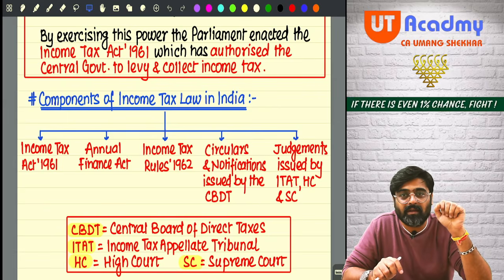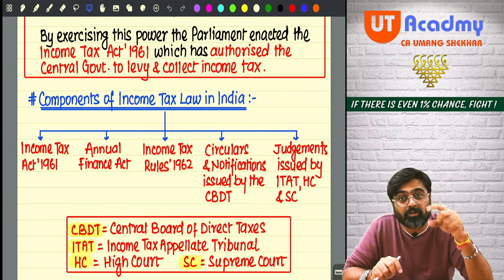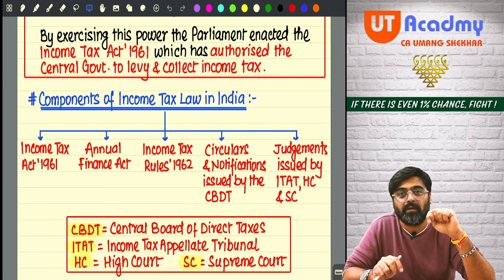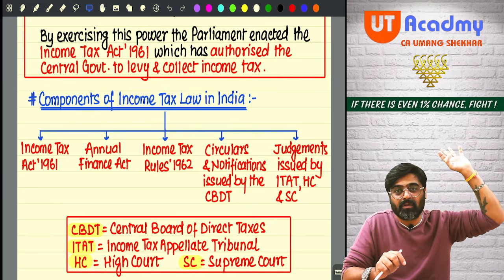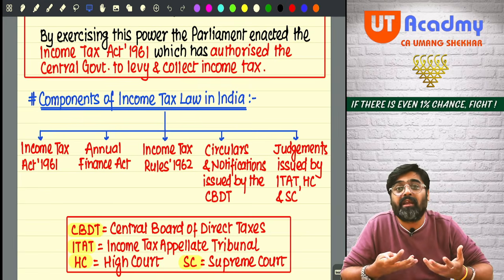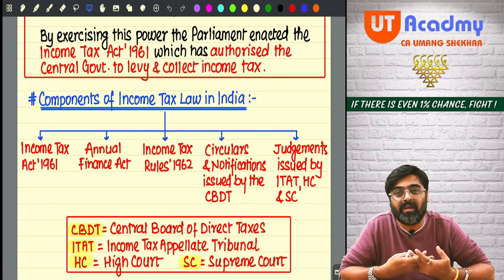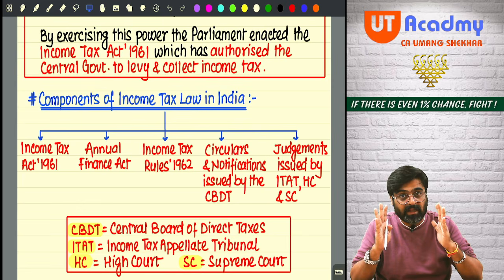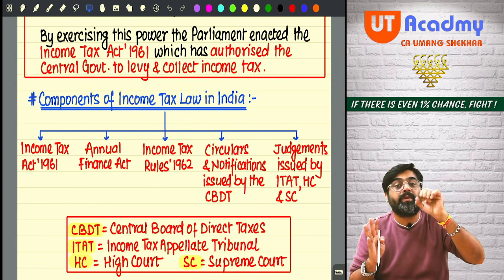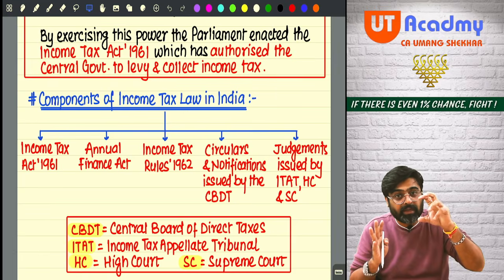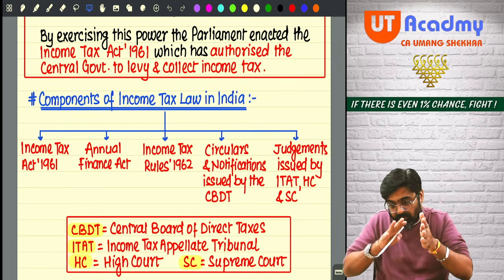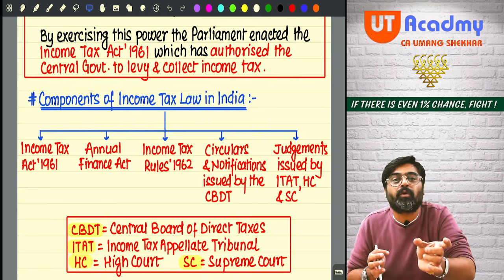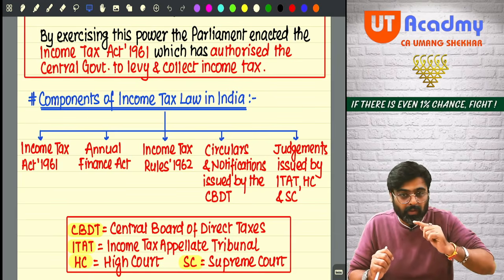Why does the government do that? Because that is the proper, logical place where those sections should be placed. If it is placed somewhere else, it will not be logical, it will be illogical, and the law will become very complicated. So the government will always think that the new thing which we are going to bring in should be after this provision, but before this provision. So between these two provisions, a new provision will be inserted, altogether a new number.